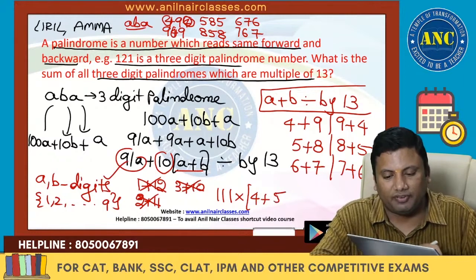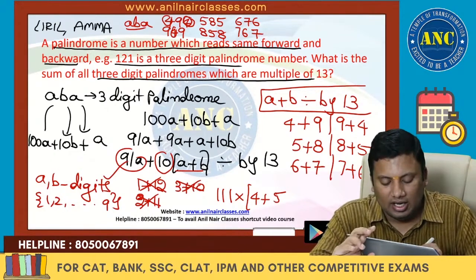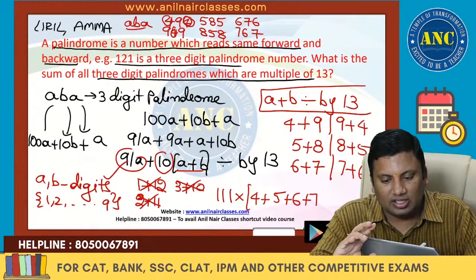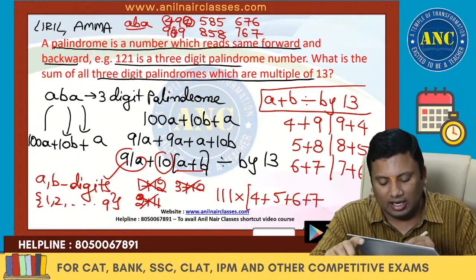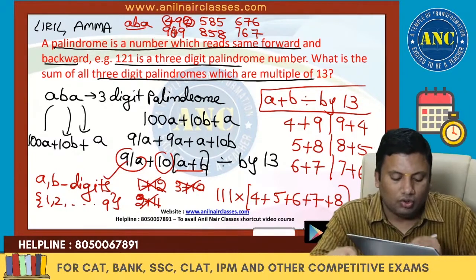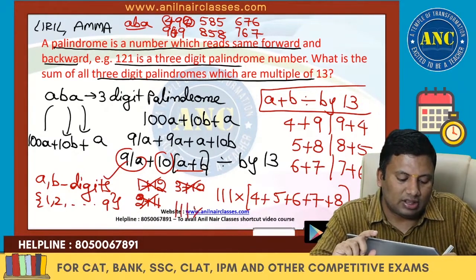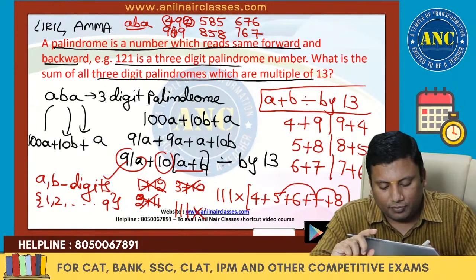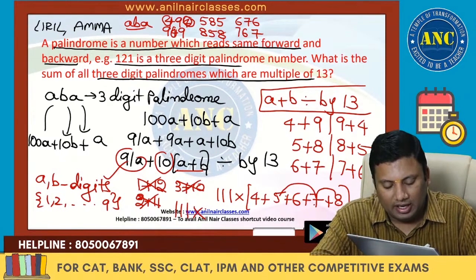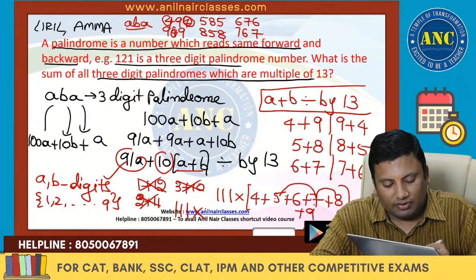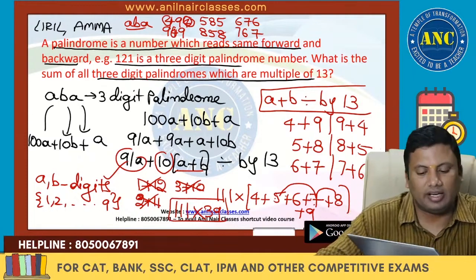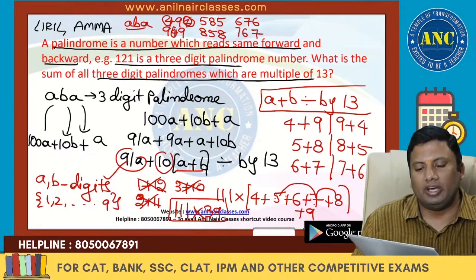5 is shifting from units, tens and 100. 6 is shifting from units, tens and 100. 7 is shifting from units, tens and 100. 8 is shifting from units, tens and 100. These are nothing but 111 into 15, 20, 30. 8 plus 7, 15. And 9 is also shifting. So 15, 20, 39. 111 into 39, whatever answer you get, that itself is the answer. I hope the idea is clear.